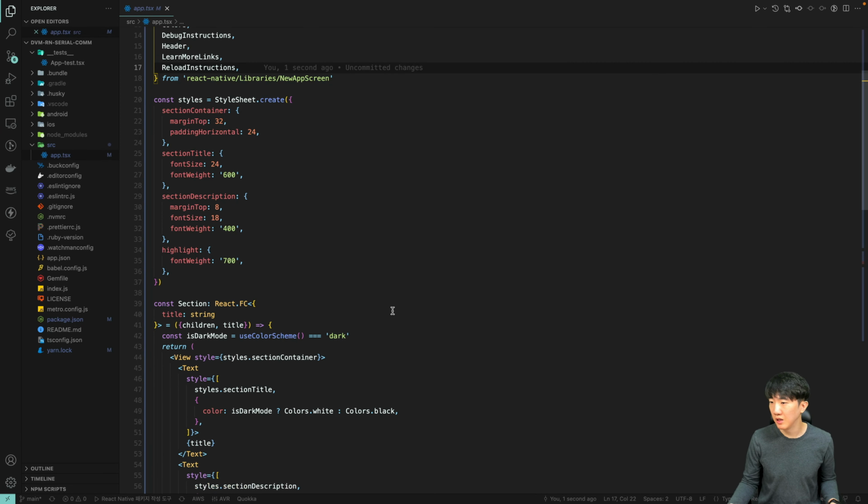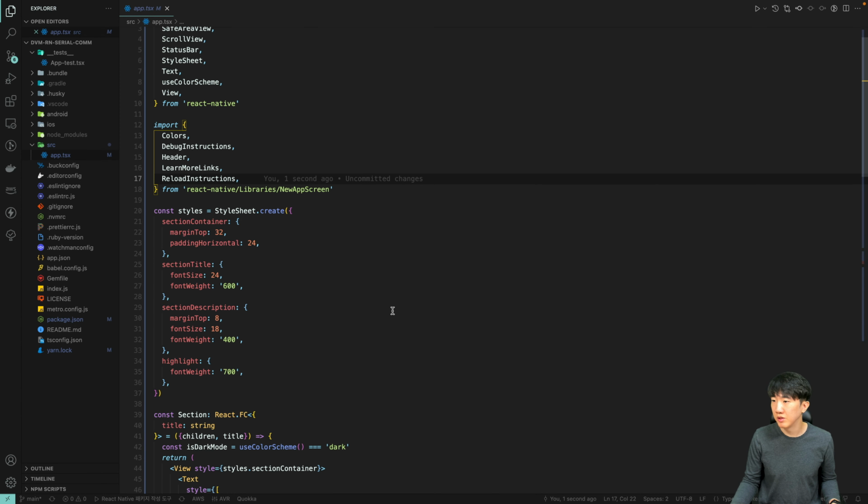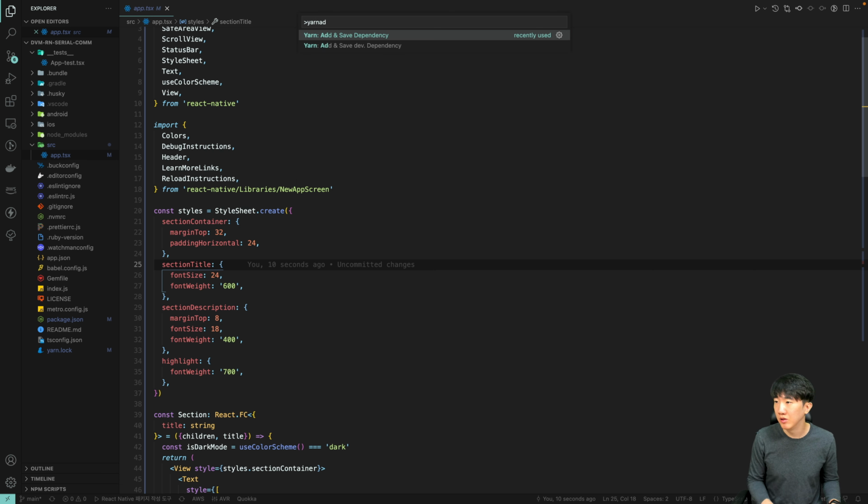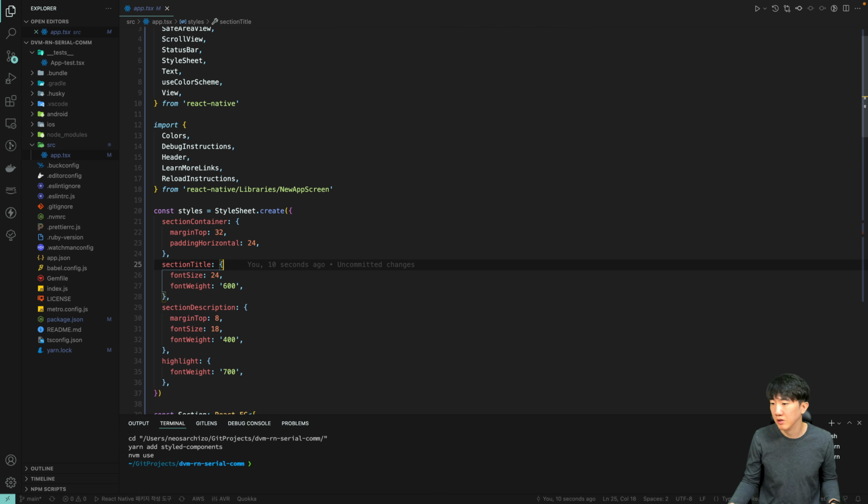This is the project file we were working on last time. We will be adding a package called styled components here. We will use the yarn command, and we will add it from the palette as a regular package, not a development package. Sometimes, when you run the yarn command for styled components, especially while the terminal is not open,